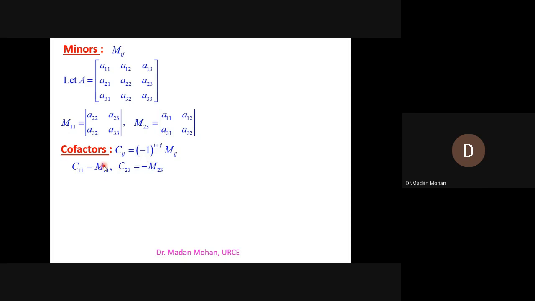So these are also determinants, also numbers from matrices. What do you observe as the difference between minors and cofactors? Minors are determinants, cofactors are also determinants, but with sign, plus or minus. So you can think like this: minors are children. Cofactors are children together with gender, male or female, plus or minus. Next,